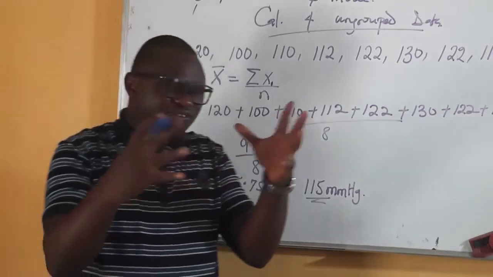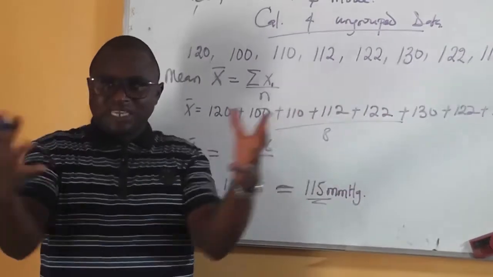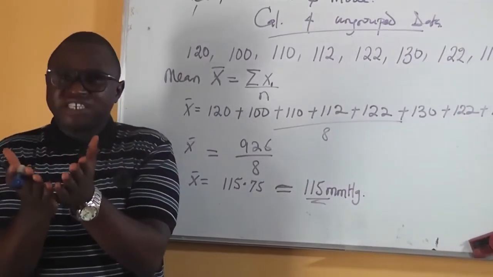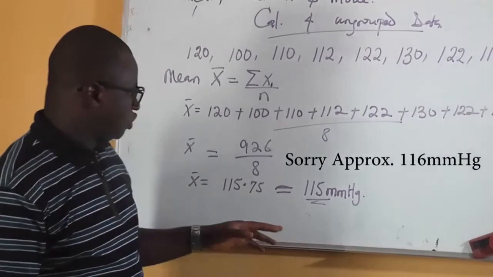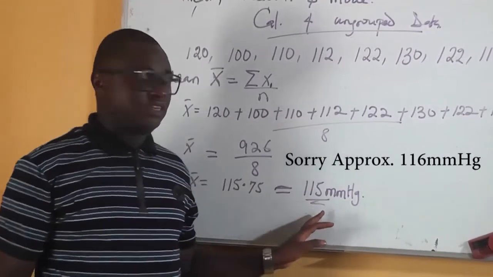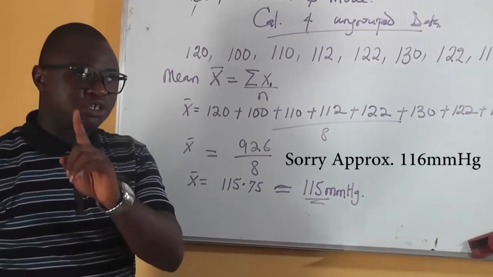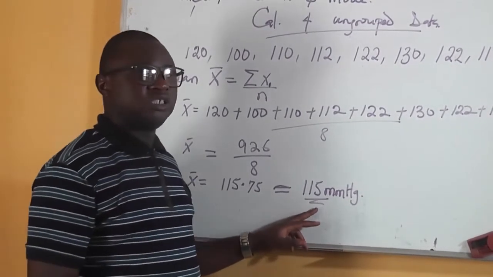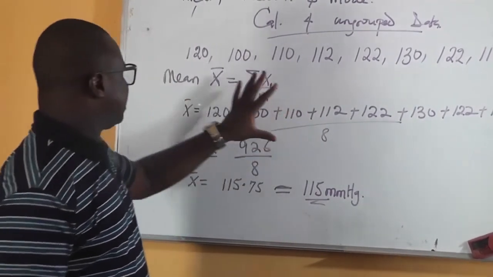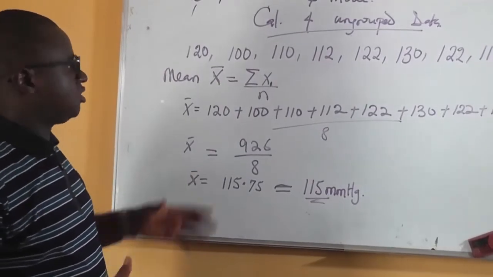Alright, so that is the mean. That is like the average. If you bring all these 8 students together, the average of their systolic blood pressure now is 115 mmHg. Remember, please always put the unit because it's very, very important. Now that's that about the mean. As I said, it's not something